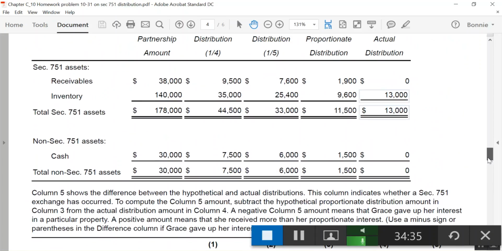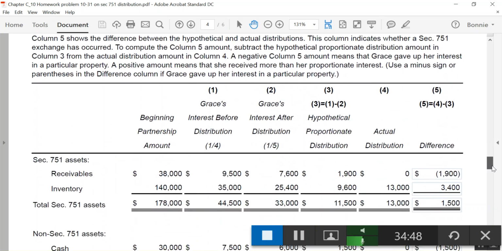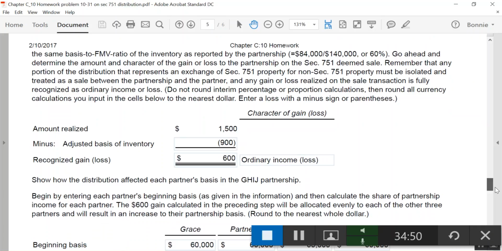Only $13,000 worth of a total worth of 140 was sold. So it's a proportional amount that we need to calculate here. So what we do is we just say, okay,